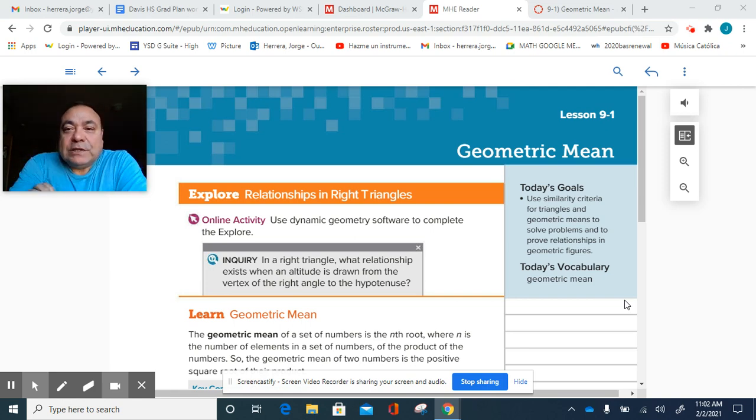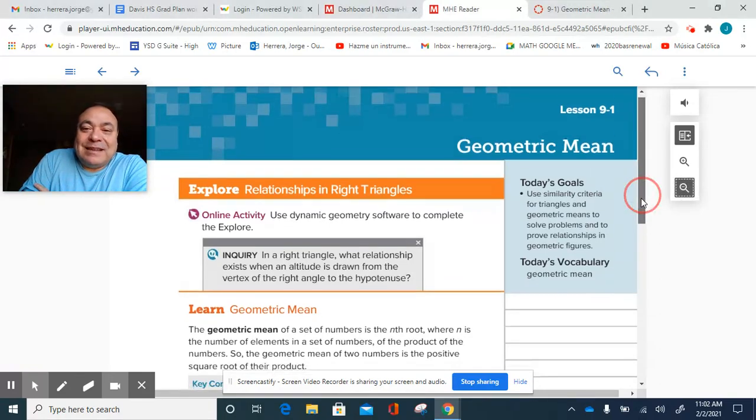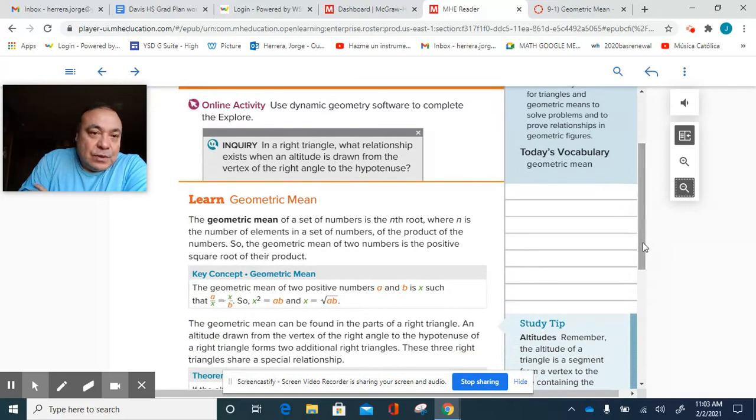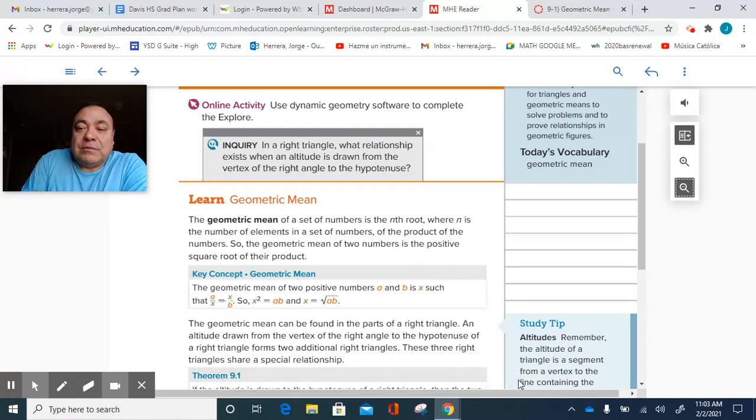Okay, guys, we're gonna do lesson 9.1, geometric mean. The geometric mean works for right triangles, and it's one of those magical ones in which you can have the end root of a triangle, meaning that you can make a lot of triangles from one triangle, an infinite amount of triangles, as long as you stick to the rule of doing something